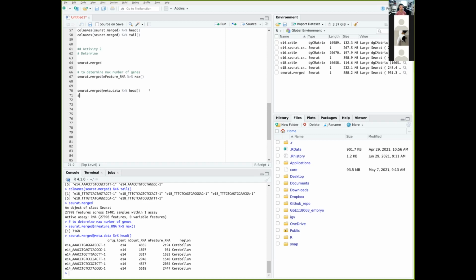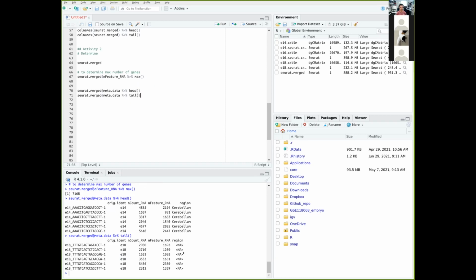But if you tail this and see what is the last 6 lines of this metadata data frame, you see that for E18 and E16, region is labeled as an A, and this is because we didn't label E16, E18 with the same value, right? Makes sense. So we can actually go ahead and fill up this metadata for the entire list of cells, and we're going to create region metadata